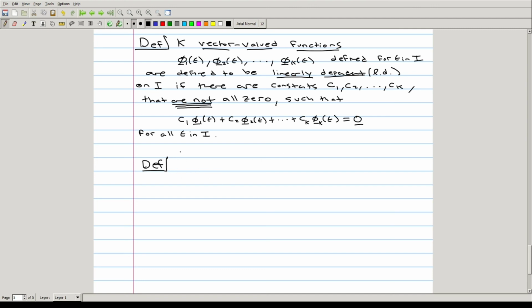We'll say that k vector valued functions phi 1 of t to phi k of t